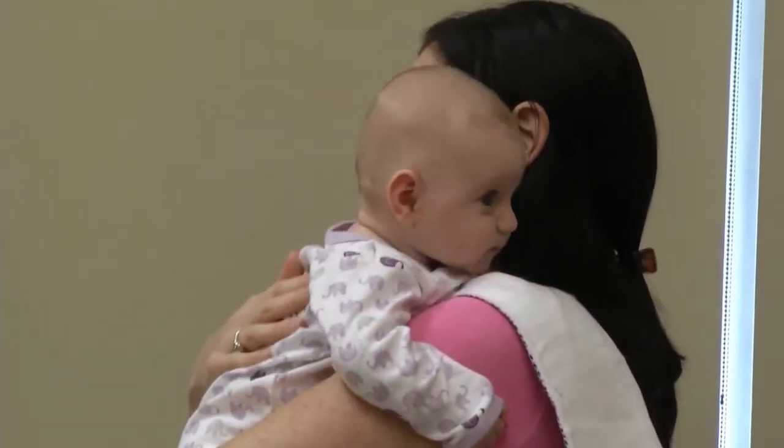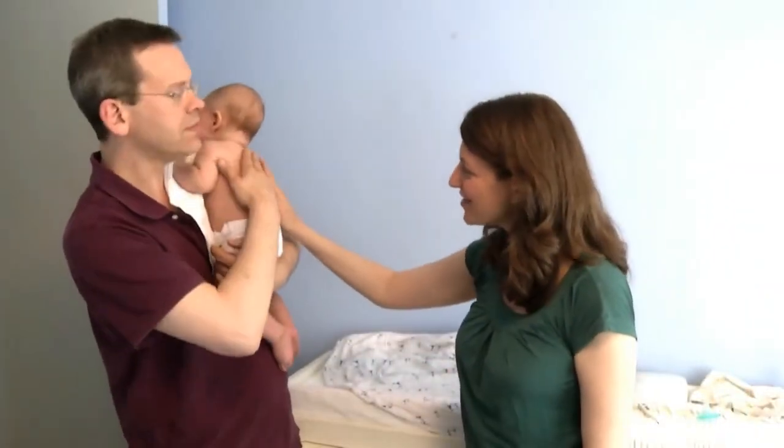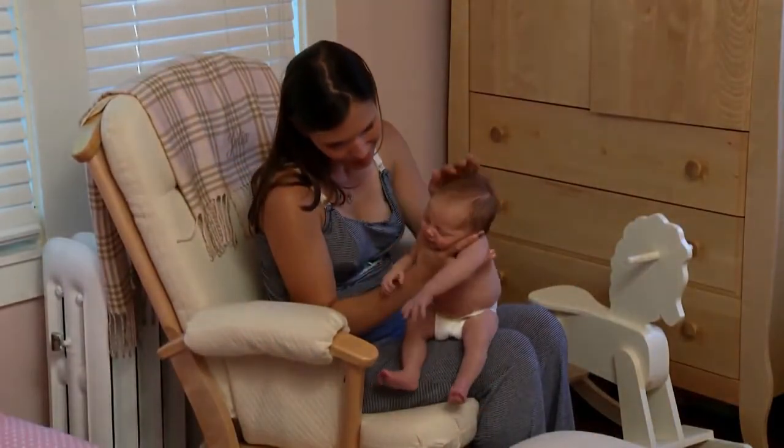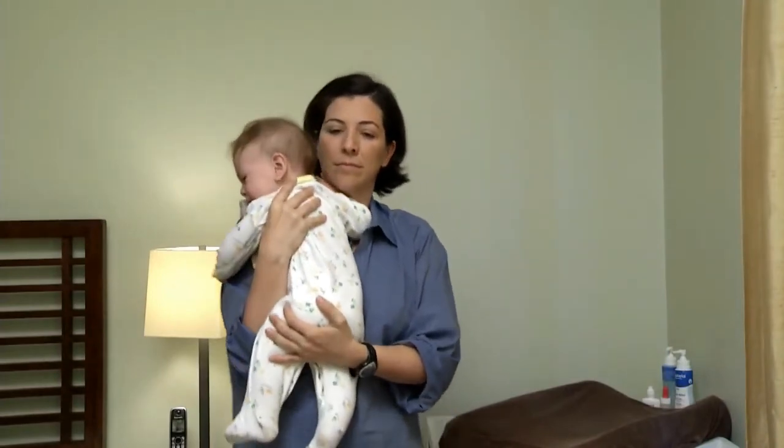Burping your baby is another activity that gives you hands-on contact as you touch, hold, and talk with your baby. All of this adds to the bonding experience. As you gain experience, burping your baby will also be a confidence booster for you. After all, there's